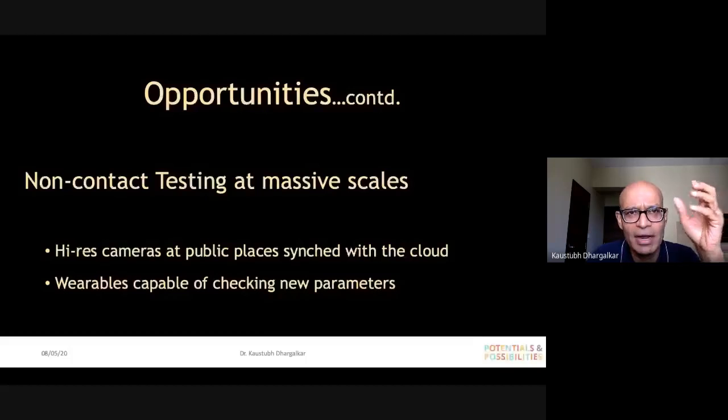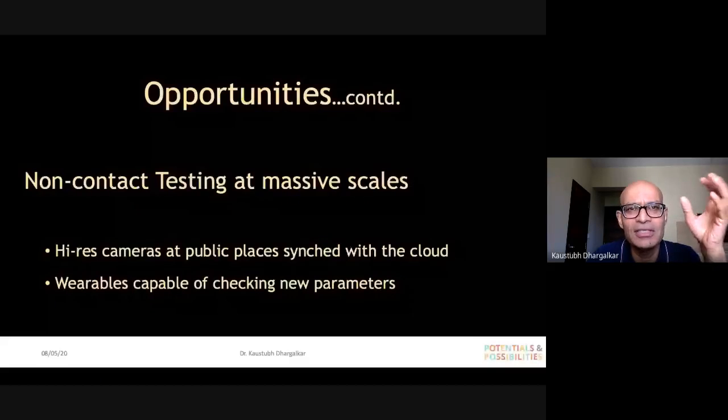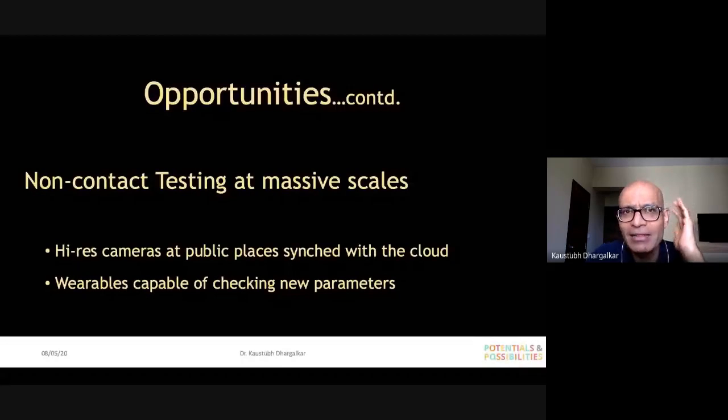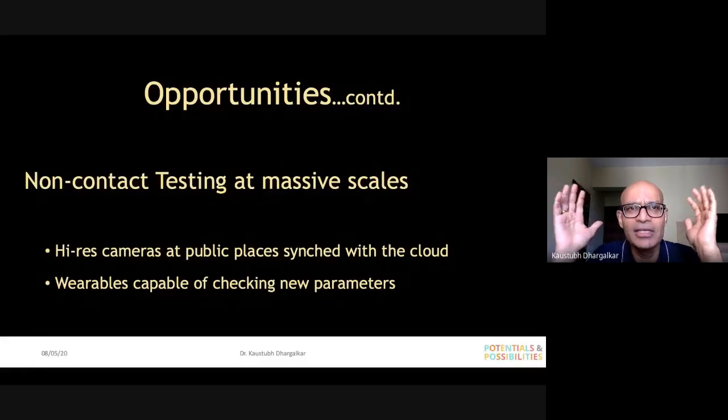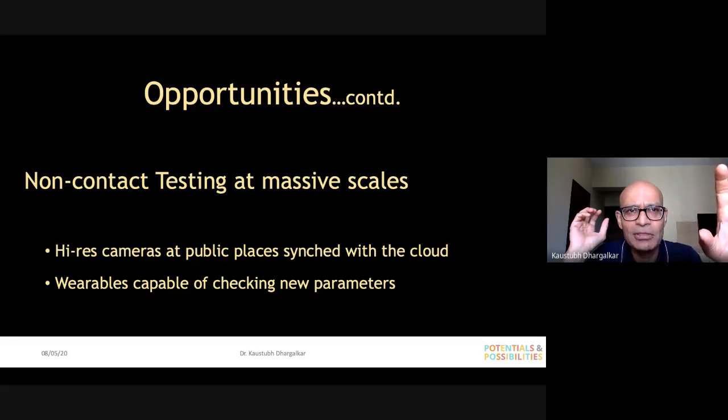Now, here there are multiple pieces. One is the hardware: high resolution infrared cameras or whatever optical devices to capture the molecular signatures of these microbes. And at the same time, at the back end, you need large data sets of these molecular signatures of microbes, which means whatever is captured on the hardware will have to be matched with the backend data set, and